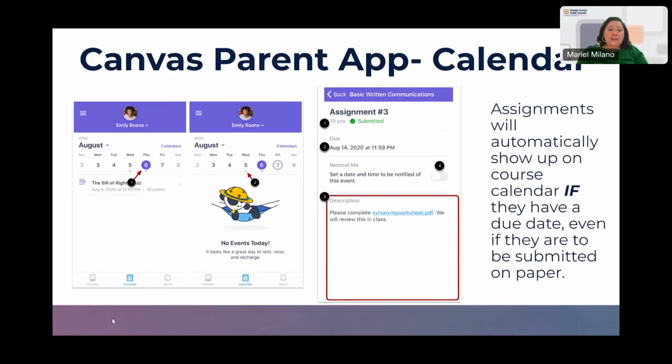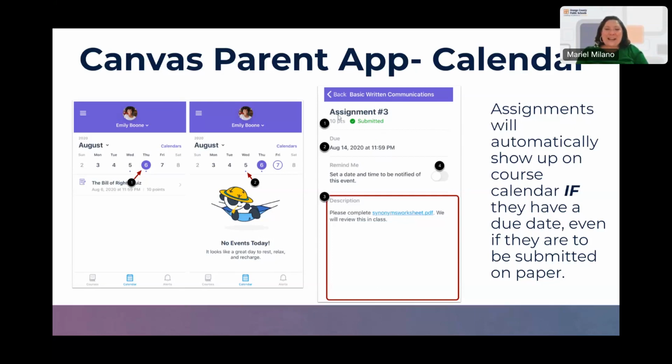And if you click on the calendar at the bottom of the screen, you'll see all of their homework assignments that are coming up if the teacher put a due date on those homework assignments. So that's a really neat feature because sometimes it can be tough to know what students have due in their class. If I click on this assignment, it will open up in another screen and it will tell you,